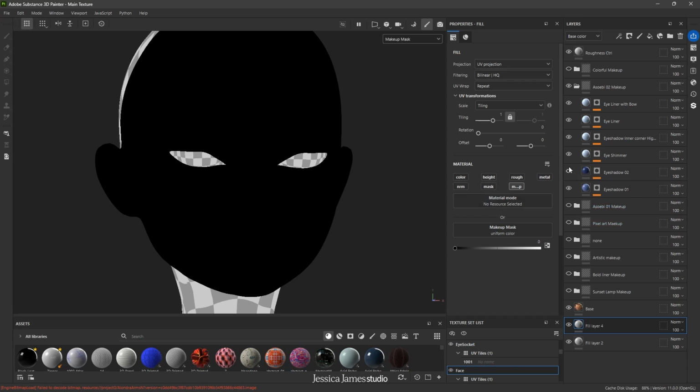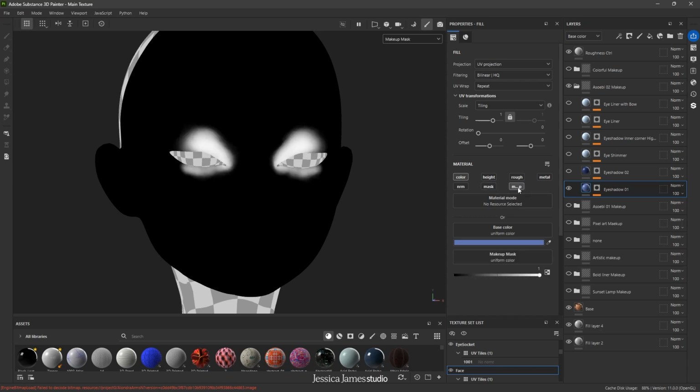I'm going to turn off all the channels. I'm going to start from the bottom channel. So basically I'm going to export my maps based off of the layers I created, from the base layer up to the top layer. So the eyeshadow 01 is my base layer. I'm also going to make sure that I am on that layer, and I'm going to turn off this mask and turn on the makeup map mask. So make sure it's turned to 1,